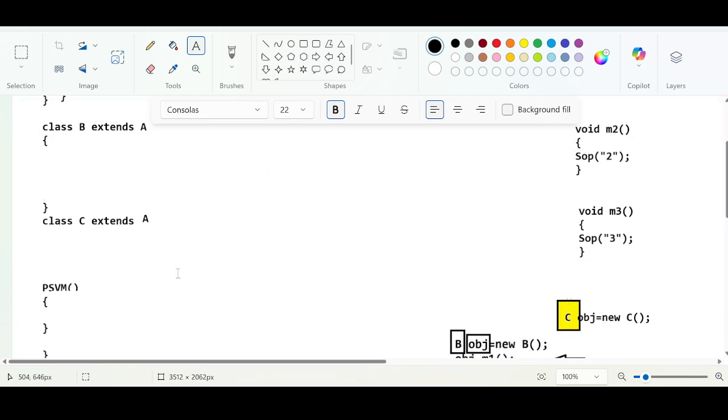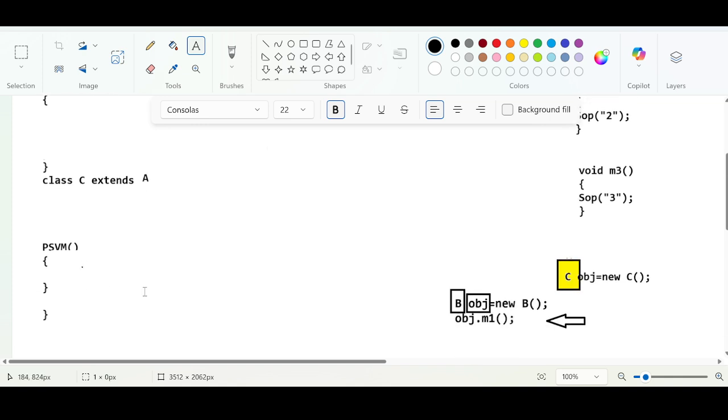If you create an object for class B, B obj equal to new B,